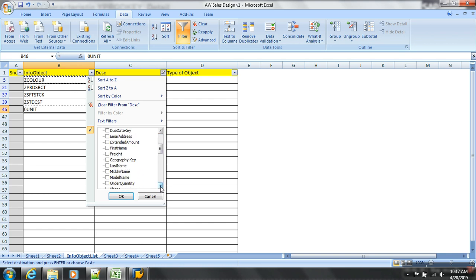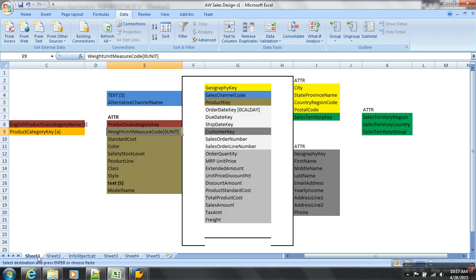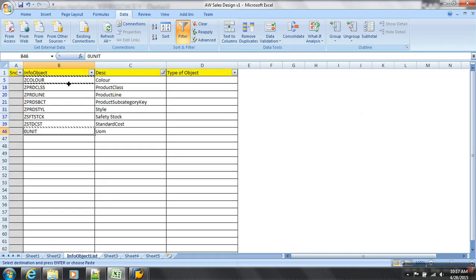Product class and product class style. Style. What is the style though? That's it. So I want these InfoObjects as attributes first.